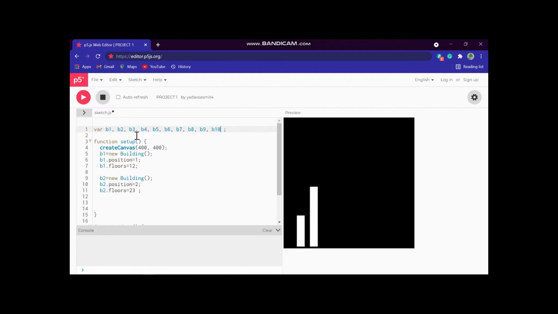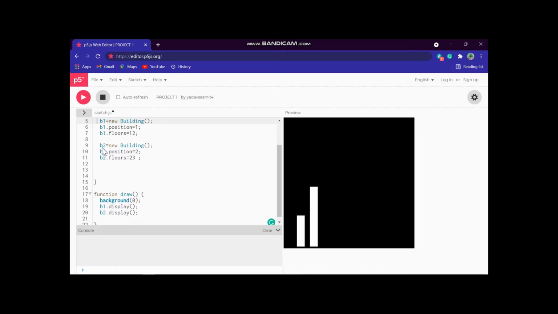Now you can see I have created variables. The two floors are given, so now you have to copy one of the floors and paste it 8 times, because 2 are already given.